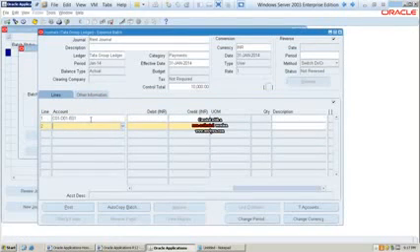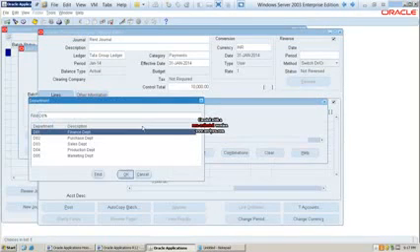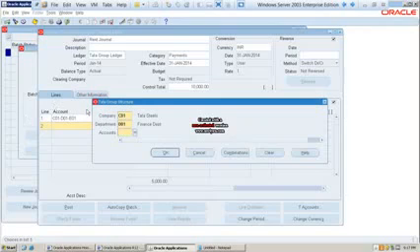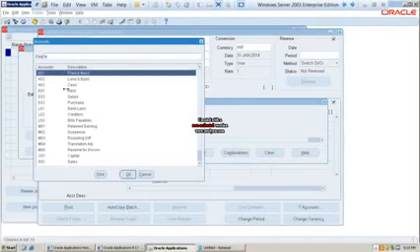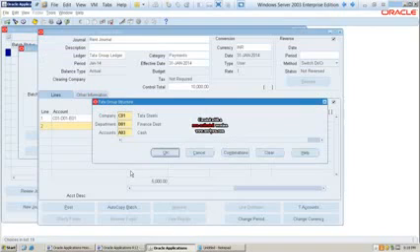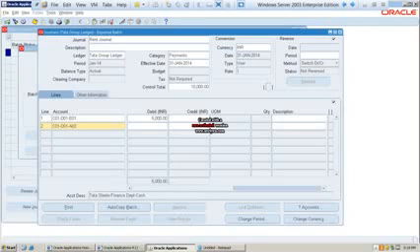How did they pay rent? Same company 1, department 1 paid rent by what? Cash. Rent paid by cash. Debit 5,000, credit 5,000.